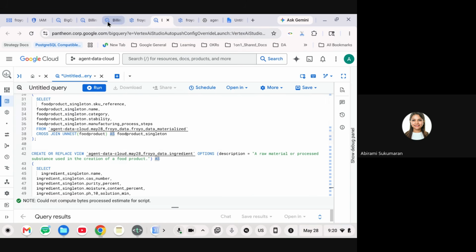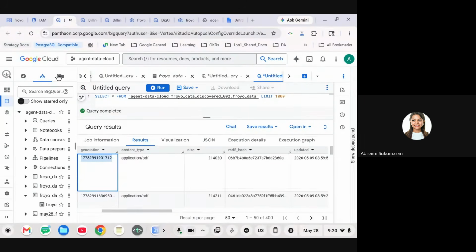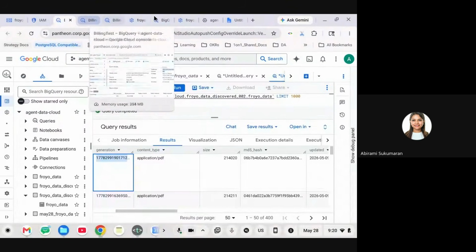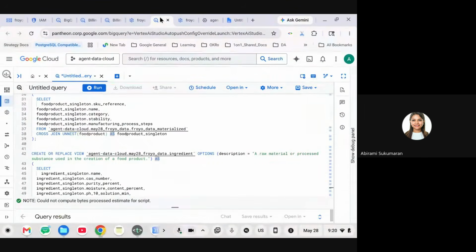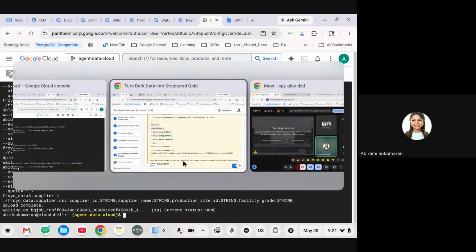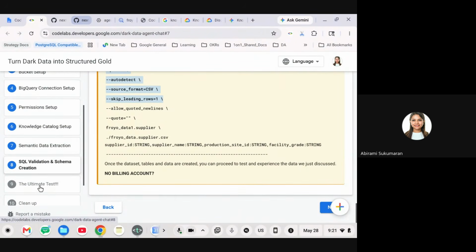So I've already run this and made the data available in BigQuery. But how will I give you access to that? I can't add all of you into the project, right? So I exported the data that the knowledge catalog job generated, so that you all can experience it and plan to use knowledge catalog wherever you have a production system with complicated pipelines for converting unstructured data to structured data. That's exactly what we're dealing with. So now that my 8 tables are created, let's move on, chop chop, because we need to get to the most important part, which is the ultimate test.